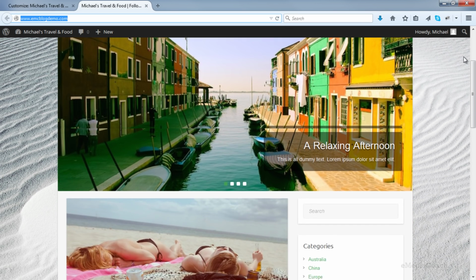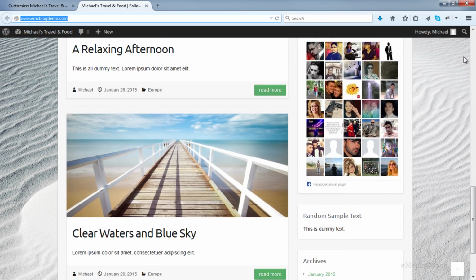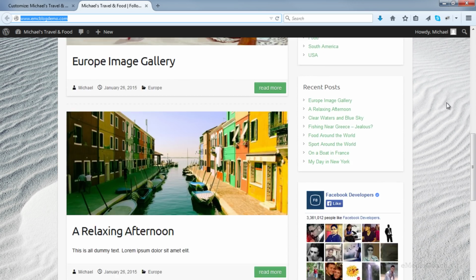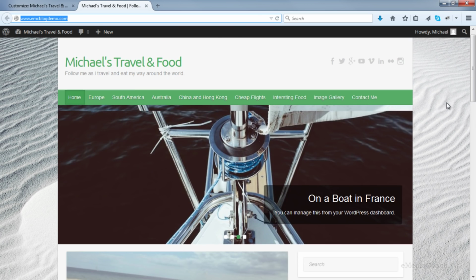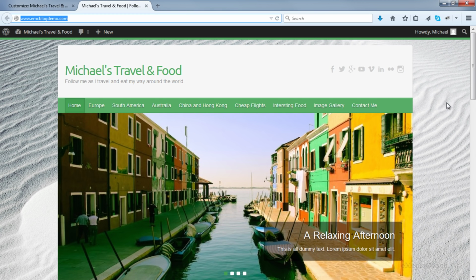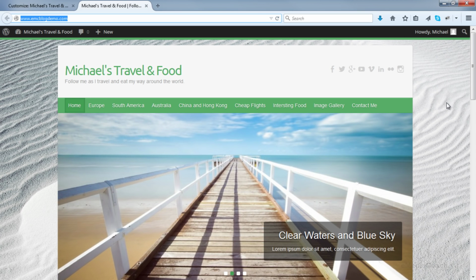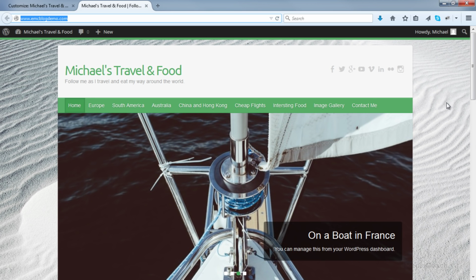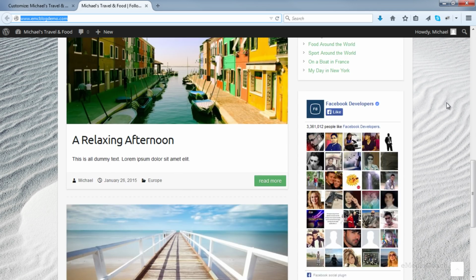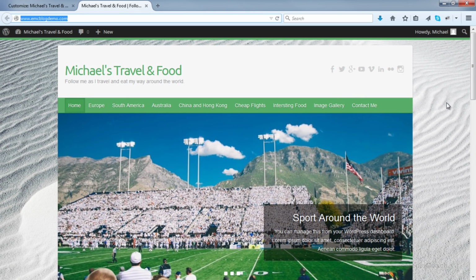So now as I scroll the site, see how the background does not move? Only the page moves, and I really like that feature. So I'm going to keep that as it is. As you can see, the site now looks fresh and clean and looks much better than it did a few minutes ago because we've changed the background to a completely new background as opposed to the really boring one we just had. So feel free to muck around with that, add your background images, choose either a scroll or a fixed depending on what you prefer, and I guarantee you your site will look better in the space of about 3 minutes.